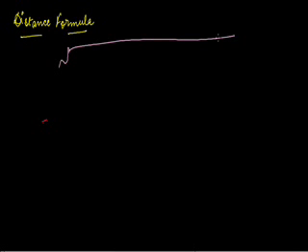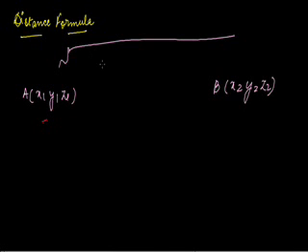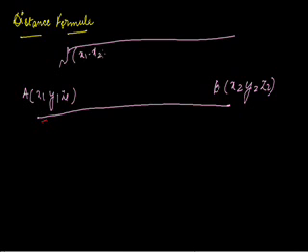which is under root of, if there are 2 points, A point is x1, y1, z1 and B point is x2, y2, z2. So the distance formula between these 2 points, that is A and B, AB is this line segment, and the distance formula is x1 minus x2 whole square plus y1 minus y2 whole square plus z1 minus z2 whole square. So this is the distance formula for three-dimensional. It's just an extension of the distance formula that we have used in 10th class.